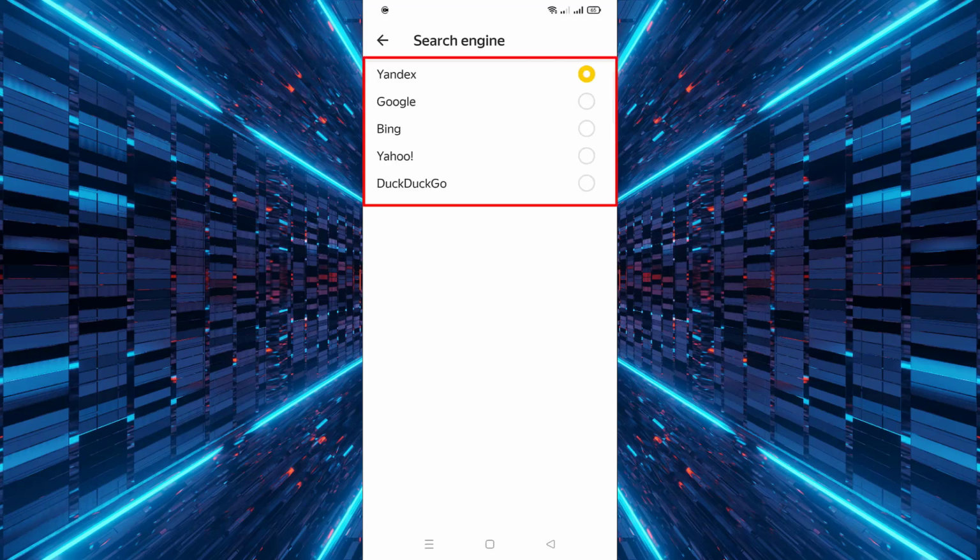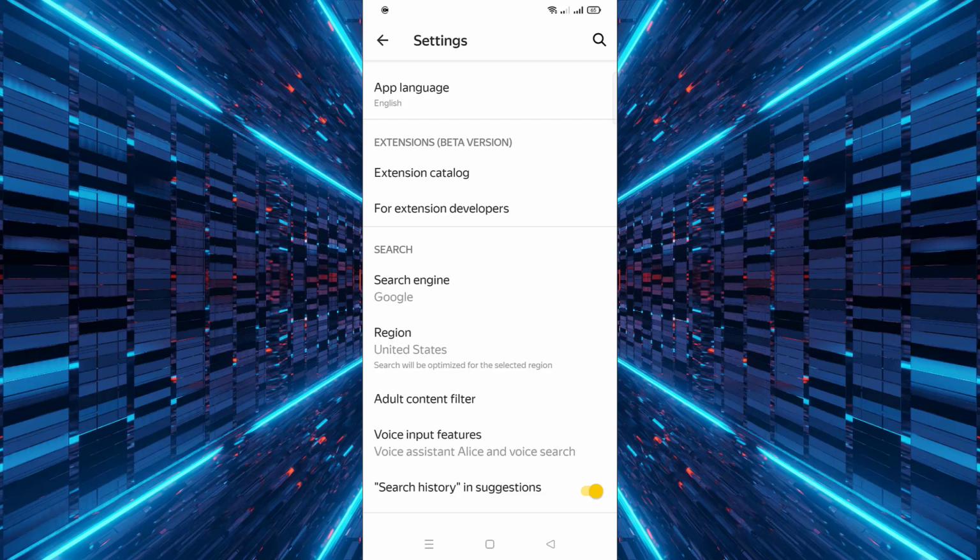Now, you will see a list of available search engines. Choose the search engine you want to use from the list. Finally, your selected search engine will be set as the default, and all your future searches in Yandex Browser will use it automatically. Changing your search engine can make your browsing experience faster and more convenient if you prefer a